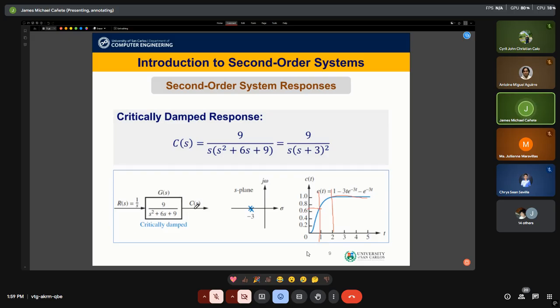Graphically, this is the block diagram representation, this is the S-plane. To make it more obvious, we have the poles represented by the x's that supposedly overlap; they are just offset slightly to show that there are two poles. You'll see that commonly in control systems textbooks. So let's look at the time response.